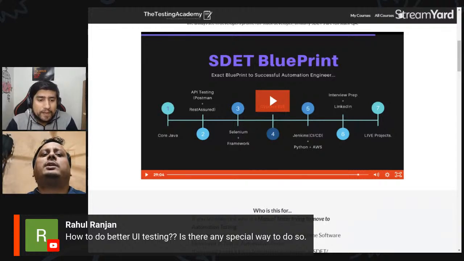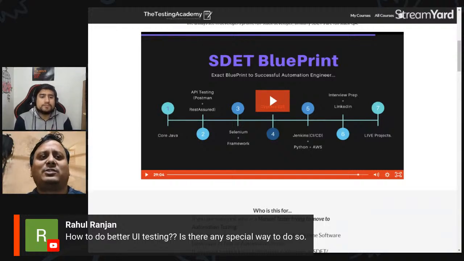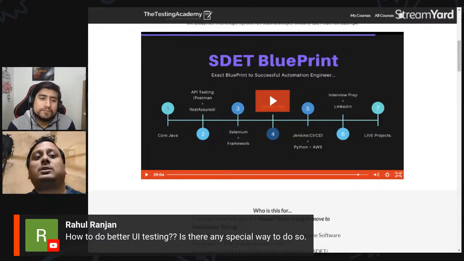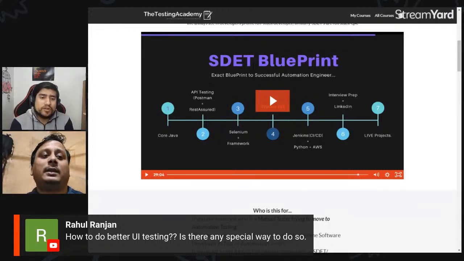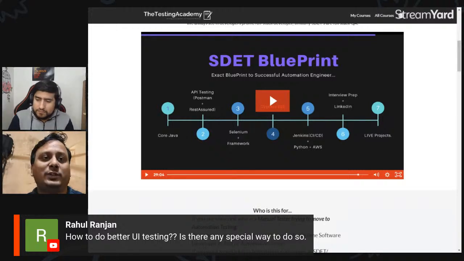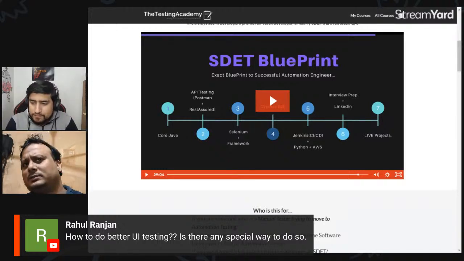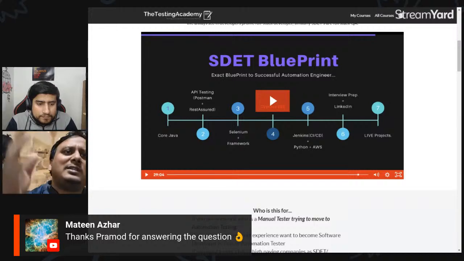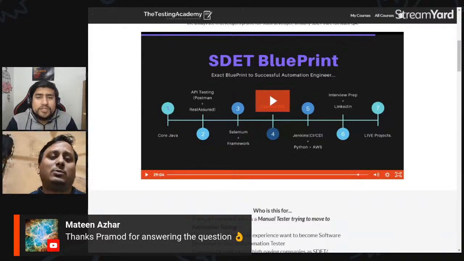Is he talking about the functional testing part, or the UI part only? For UI, there are plugins, Chrome Store plugins and Firefox plugins, where you can compare pixel by pixel with your wireframes. You get the wireframes, right? And visual regression, you are saying. If he's talking about the visual things, you can do pixel by pixel testing. There are tools for that. I forgot the name, but you can search on the Chrome Store and check them out.